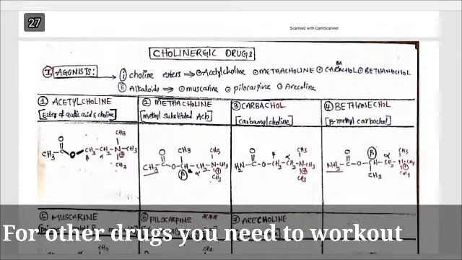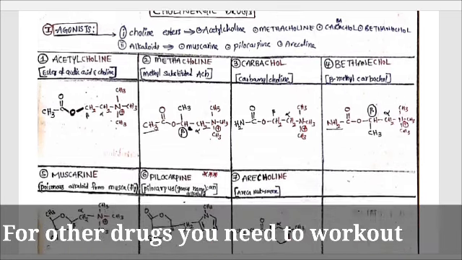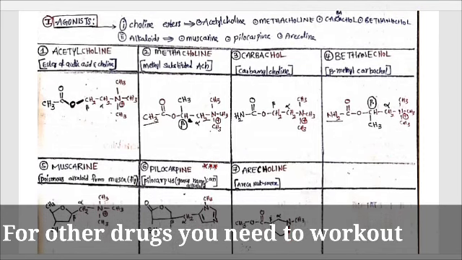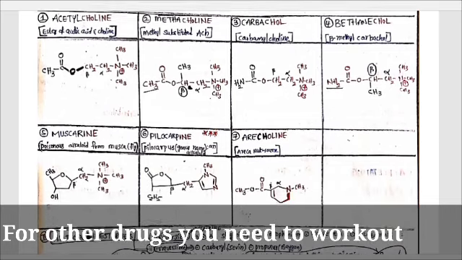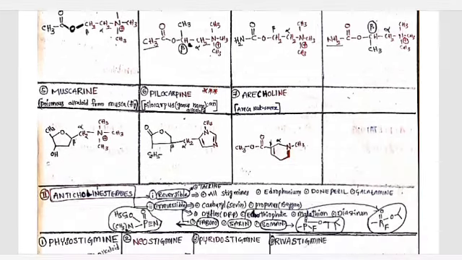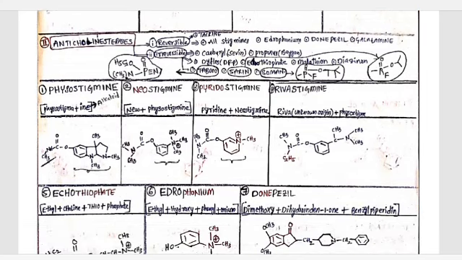This is another way of approaching the remembering of the drugs. If you see how acetylcholine got its name, it is an ester of acetic acid and choline, that's why acetylcholine got the name like that. And methacholine, it is a methyl substituted acetylcholine, like that the name came. Like that some, neostigmine. New physostigmine is nothing but neostigmine.